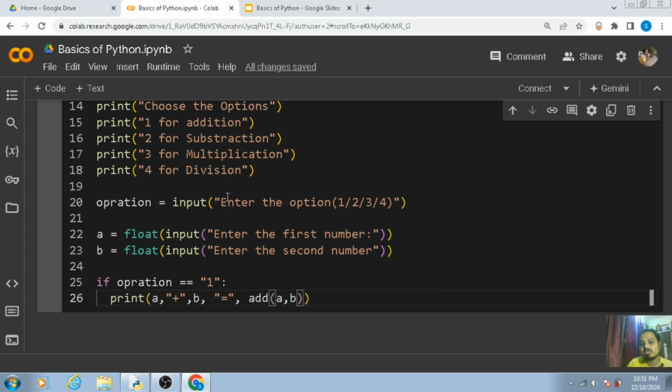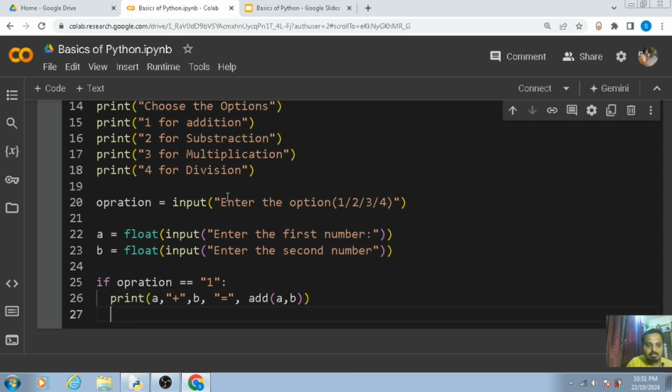Now here I am calling the function add. So it will perform the addition and it will return the value, the addition of a plus b. Now let me get out of this if condition. If this is not the case, then